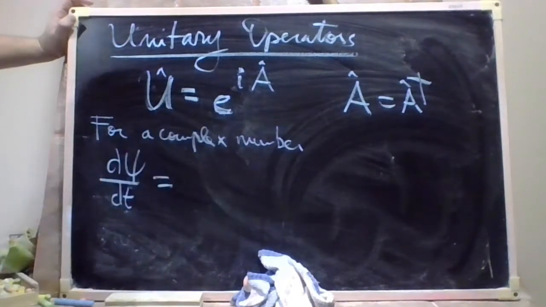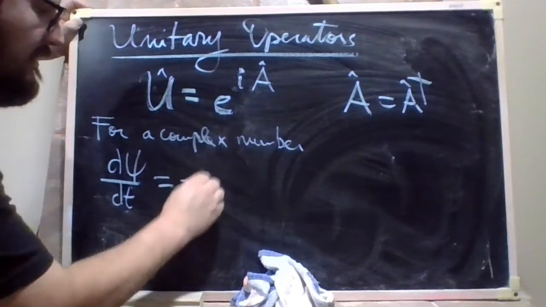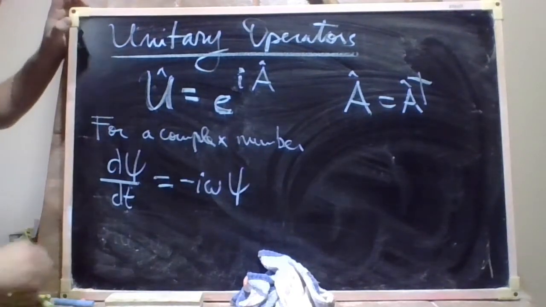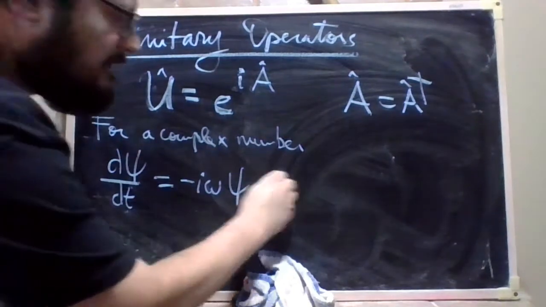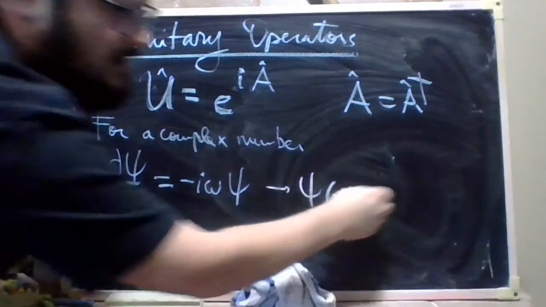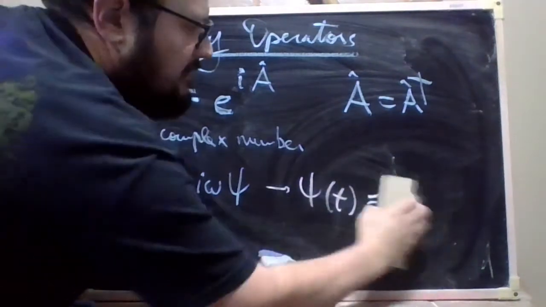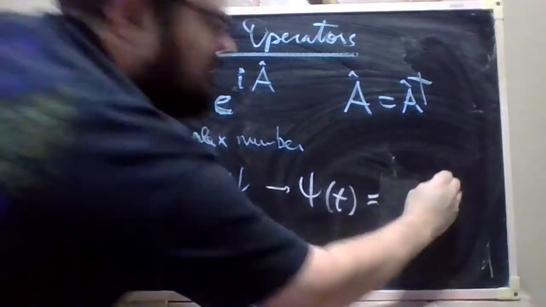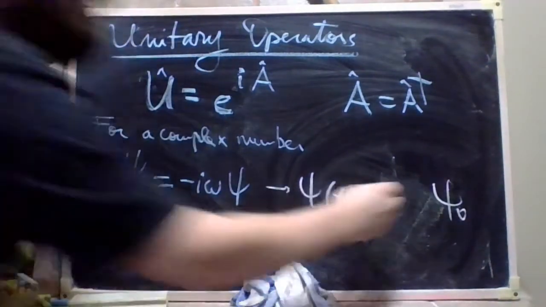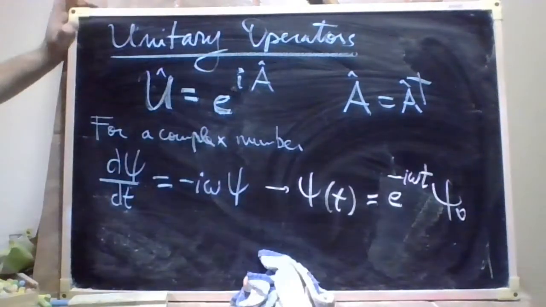So for a complex number, the time derivative of a complex number must be equal to this thing here, and this thing here ensures that psi at time t, evolved, is equal to the initial state. I will write the exponential in front of the initial state, so you can see the analogy. It is multiplied by the exponential of minus i omega t. So this thing here,